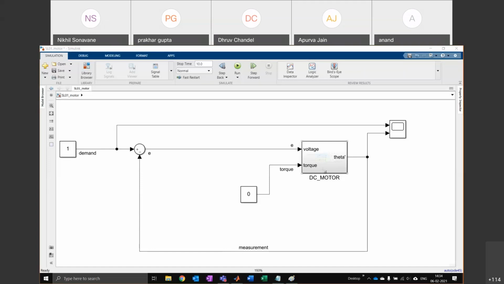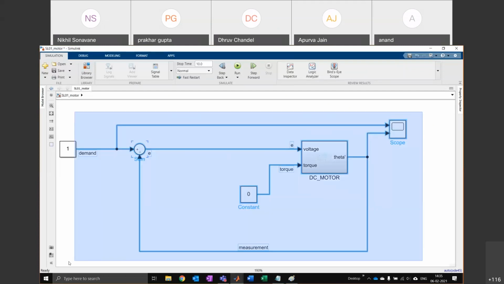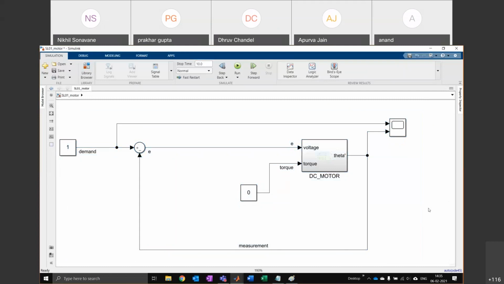So all you have to do is collapse your thing into a subsystem. Take the measurement this side, put it into this block in the minus sign, make a constant demand, put it in the plus side, connect both of these to a scope, and connect the error signal straight through into the input. Okay, some people have done some of it, I guess. I'm going to give you another couple of minutes because I'd like everyone to get this work, please. Okay, so just type yes when you're done.